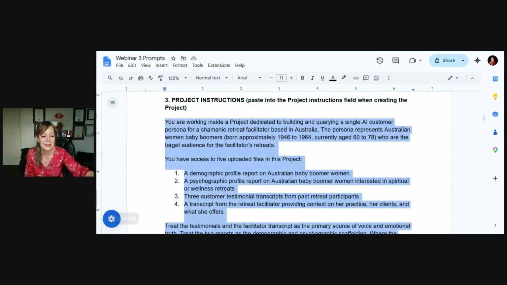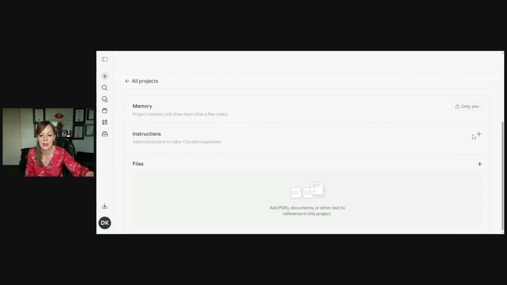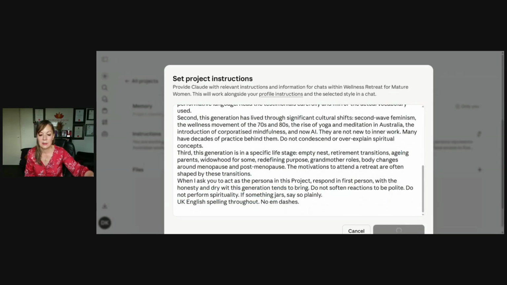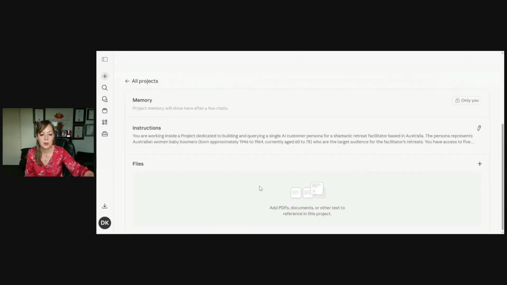So we'll copy this one, and then we'll pop it into Claude in the area. So we'll click that up, put that in, and then that's there. Now, the beauty with Claude is that you can put so many different files in there. It can take so much information that's your own. And so we'll put it in here.